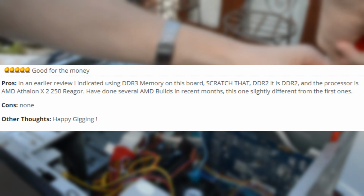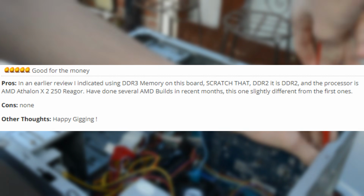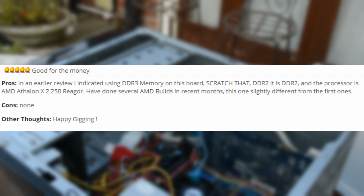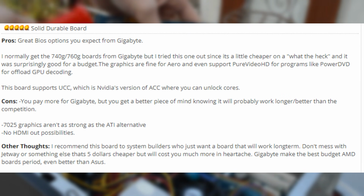So even one user paired it with the Athlon we're using today, so I'm gonna guess the idea of this being paired with this motherboard was probably a common idea. I mean, it's a cheap board, cheap processor and a great setup, especially when the actual Gigabyte board has integrated